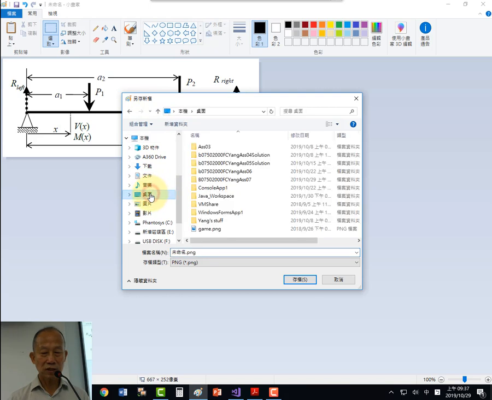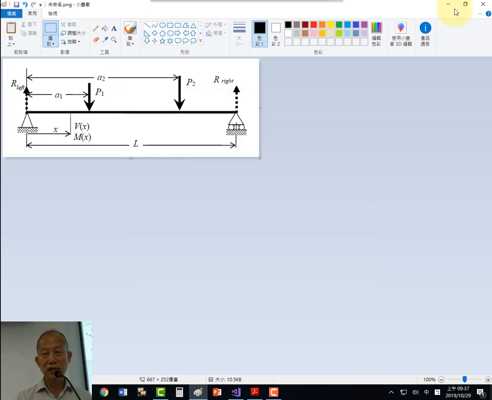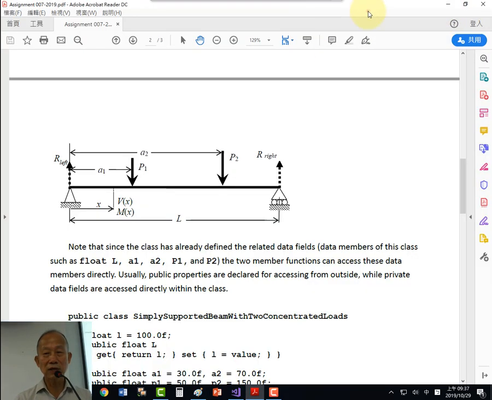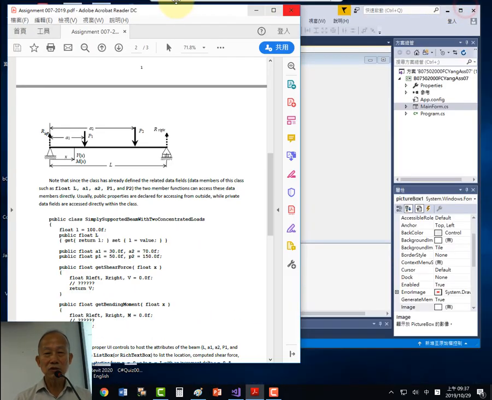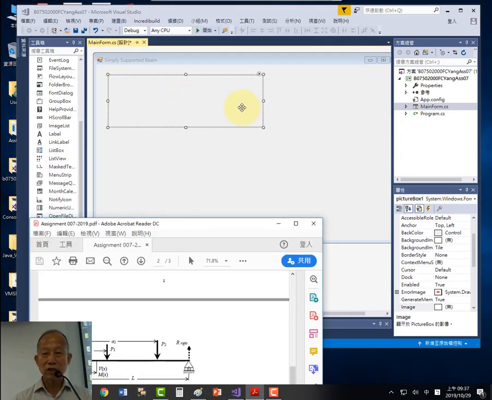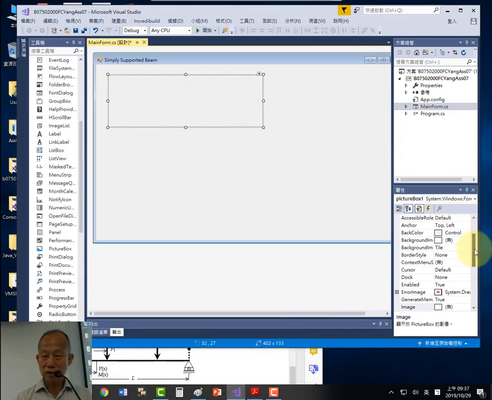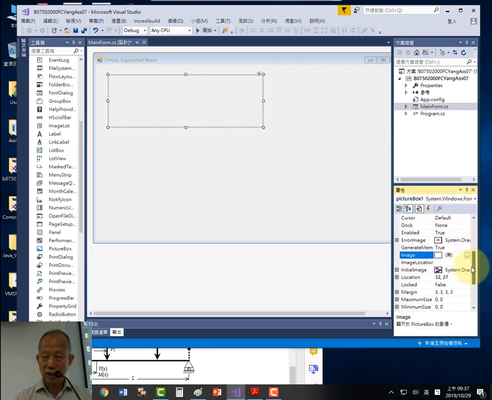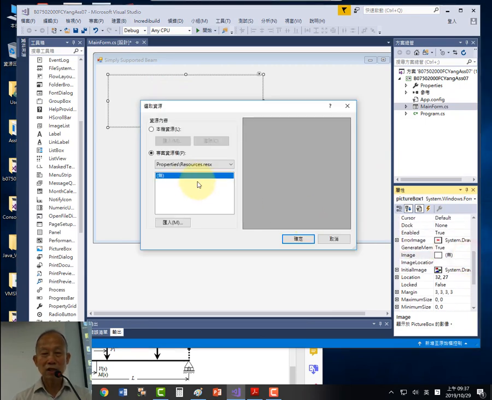Probably I put it on the desktop, as a PNG file. So I get a graphic there. I like to show the problem for the user, so the user knows what's going on with this problem. So our special image, right? It's very simple, right? Click on the image, navigate. This time we are not going to embed data as a resource. We simply click on this one, local resource of this machine,